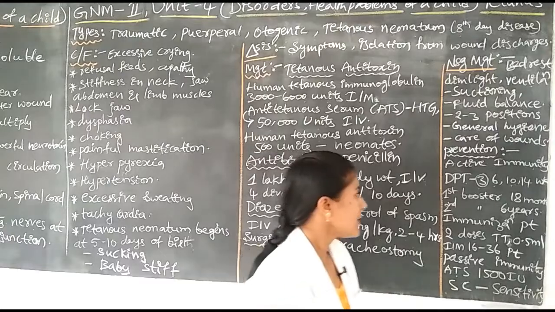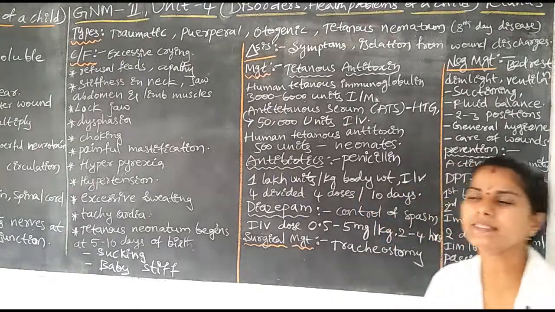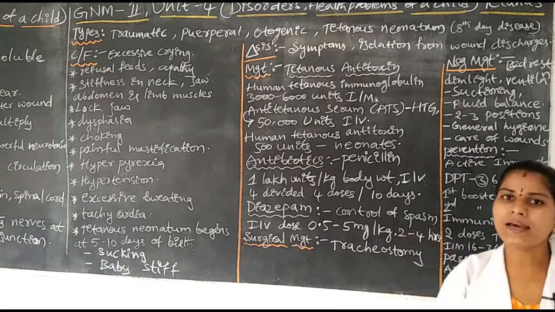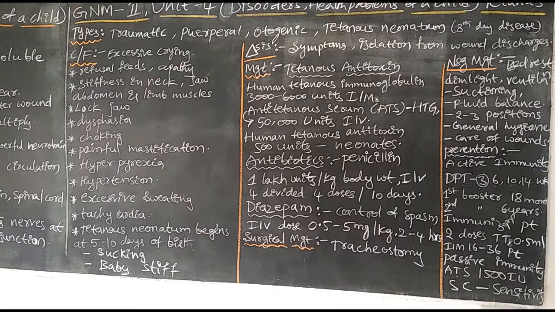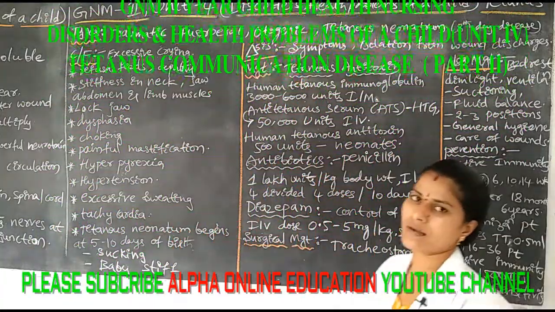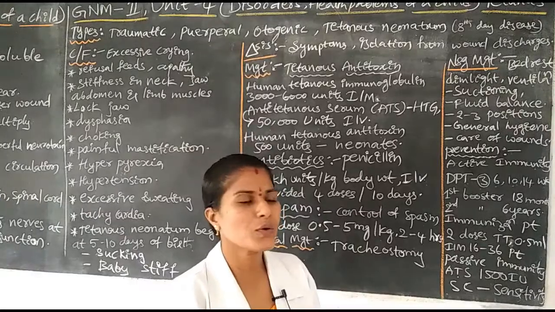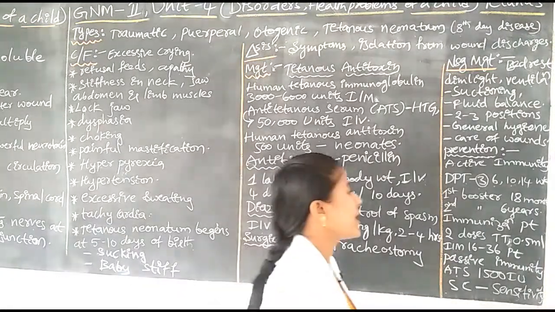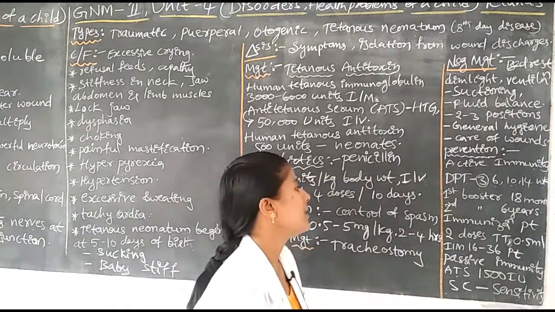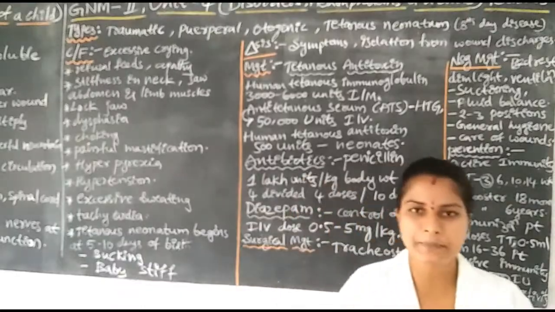Next, the third dose we have to administer at the 14th week of life. For the children after birth, at the 14th week of life, we have to administer the vaccine, the DPT third dose, for prevention of tetanus. Next, another dosage is there, that is the 2 booster doses. The first booster dose is at the age of 18 months. At the age of 18 months we have to administer the first booster dose, that is the DPT.